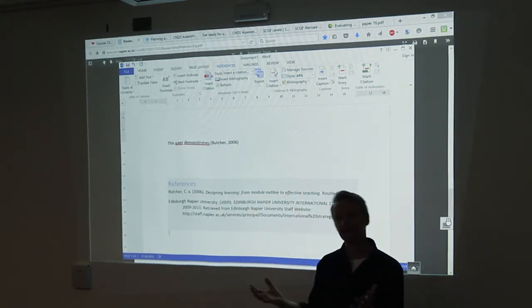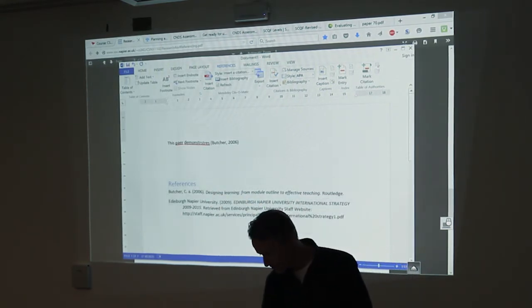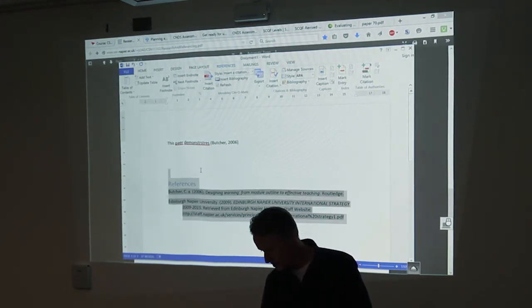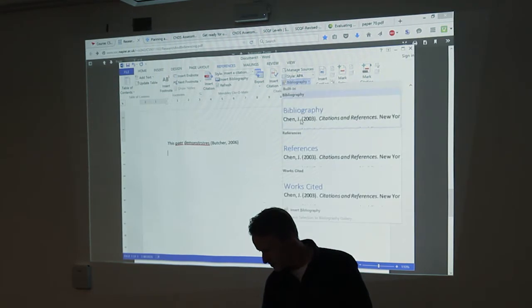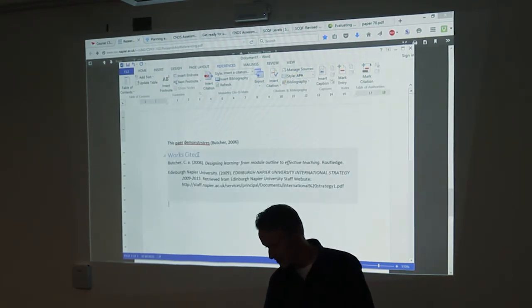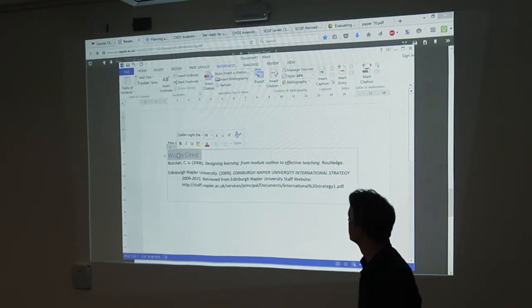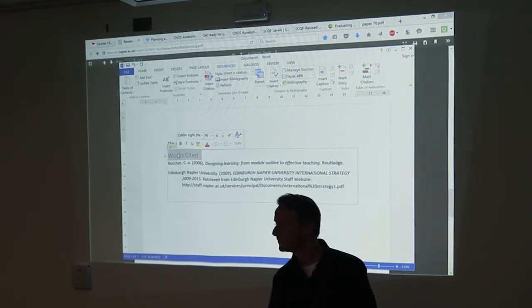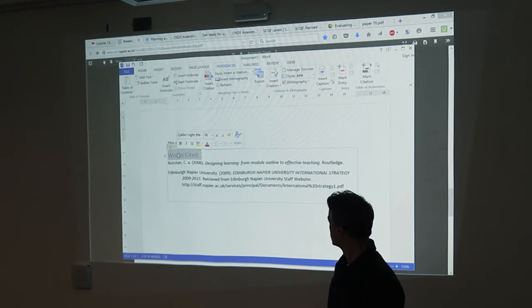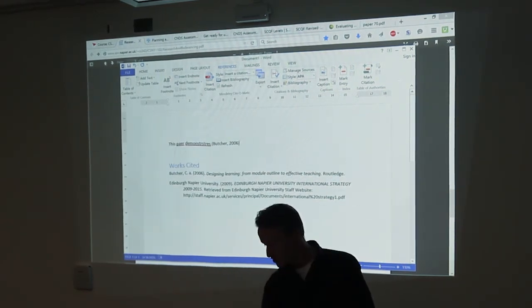So that's all references in the database rather than works cited. What you actually want is works cited, so you want to get rid of that and insert the. Oh, what's happening here? You want to just do works cited, and you can rename this references. Okay. Let's put both of them in as well. That's odd. Say it again? I'm not sure. Usually it just puts in the ones you've cited throughout the document.